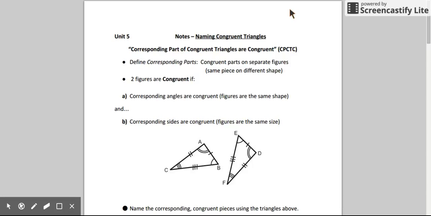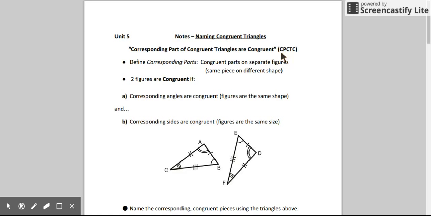In this video, I'm going to be describing how we can talk about congruent figures, specifically congruent triangles, and how we can name their corresponding parts, and finally name congruent triangles. So in congruent figures, corresponding parts have to be congruent. So in congruent triangles, corresponding parts are congruent. A lot of times we'll use this reasoning, especially in proofs. So we can say the words corresponding parts of congruent triangles are congruent, or we can just use this acronym